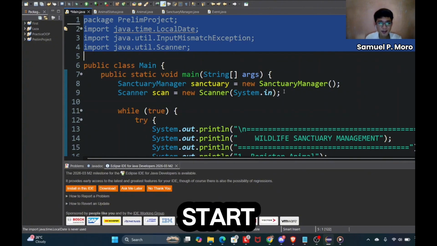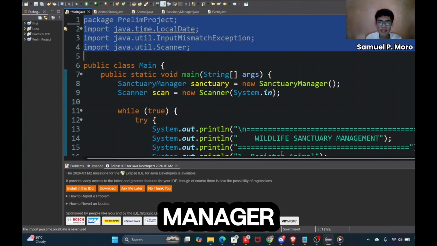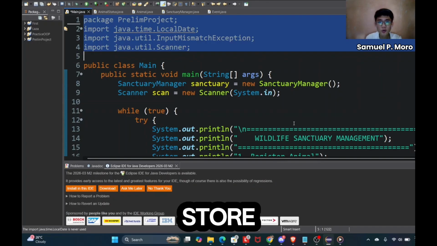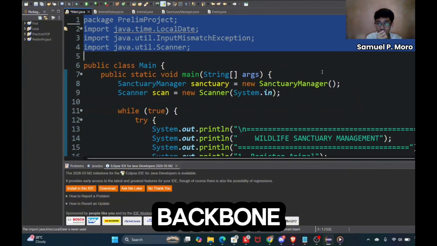So right at the start, we create a sanctuary manager object that will store all our animals and a scanner to get the user input. So these two objects are the backbone of our entire system.